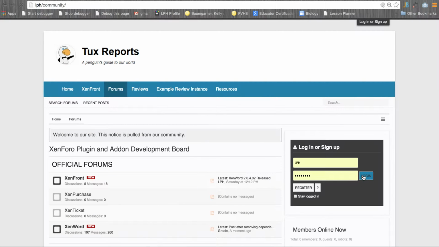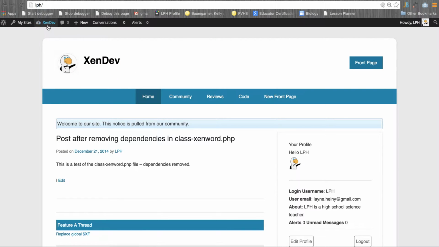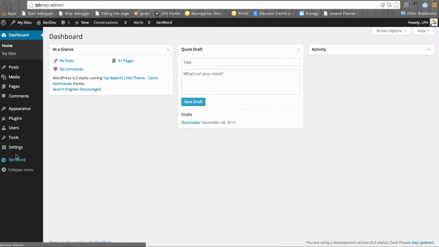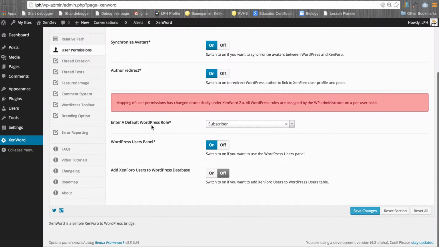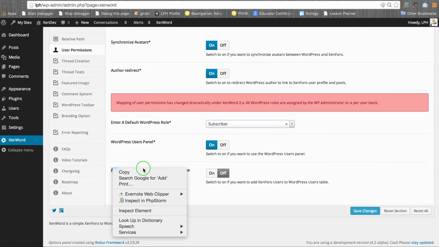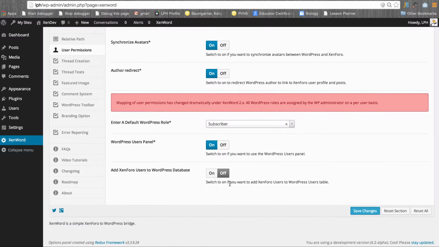On the WordPress side, we go into XenWord, and right now in this version, which is not a released version, this is actually 2.1.02, but anyway, you'll see on the side the user permissions, with the default of subscriber, etc. Under that is use the panel, but here's add the XenForo user to the WordPress database, and right now it's off. If I change that to on,